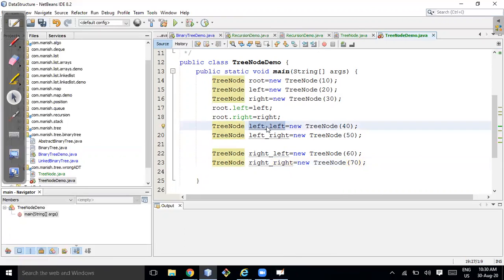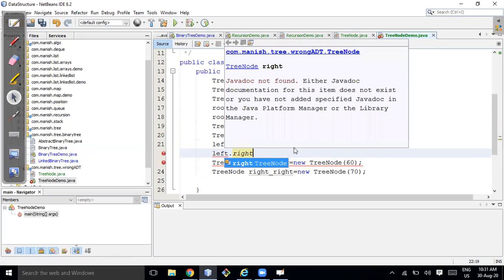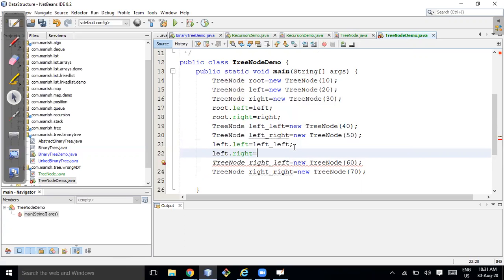So this is created. Now I need to assign: left of left should be equal to left of left, left of right should be equal to left of right.